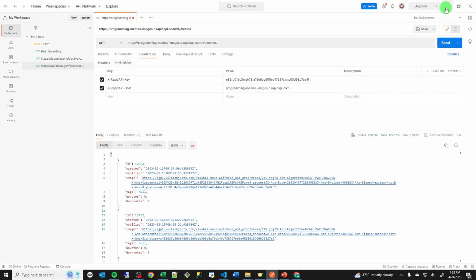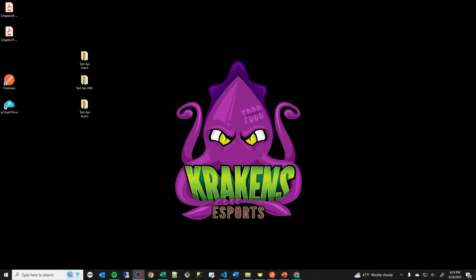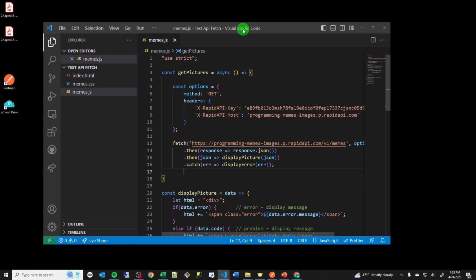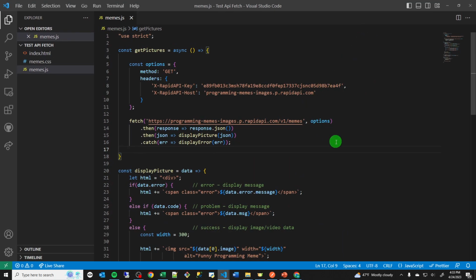Tested in Postman. Now let's take a look at the code that I'm using. And I'm doing it slightly different. So I am using fetch API. I'm using the one I demonstrated earlier in one of the previous videos. So I'm still using their constant for the options. It's code that they gave us. If you look back at their website,